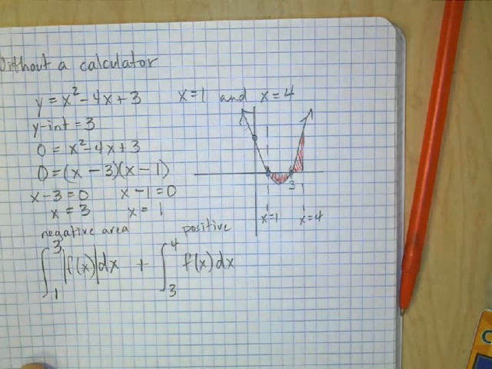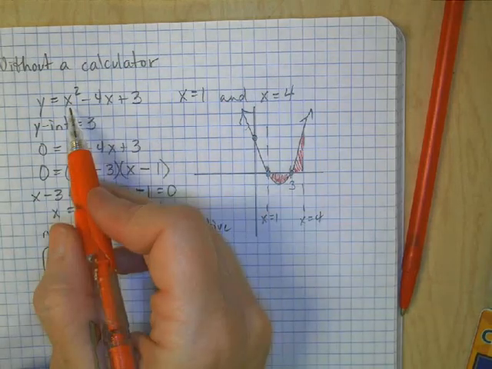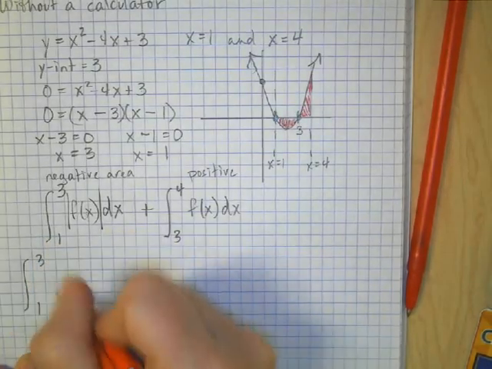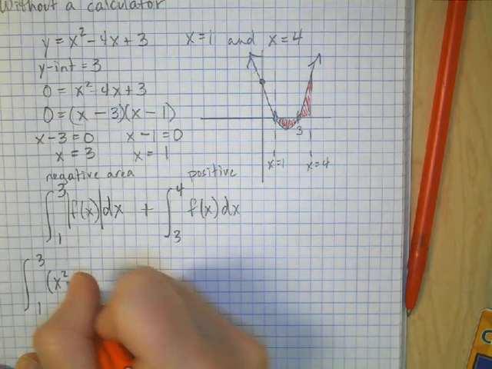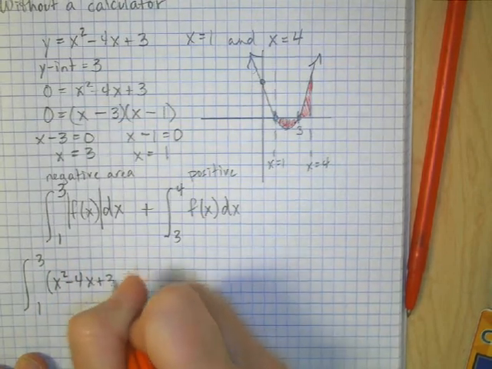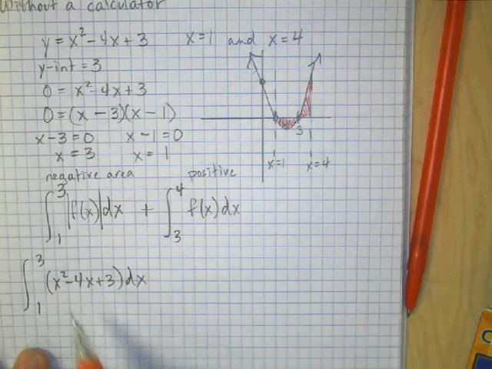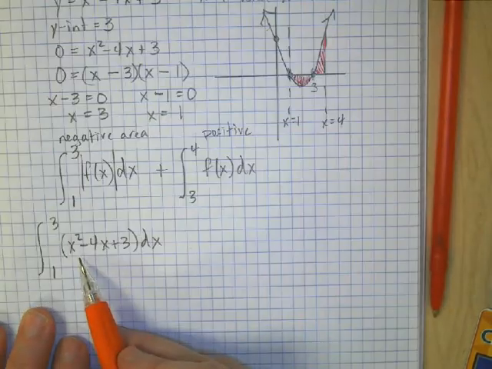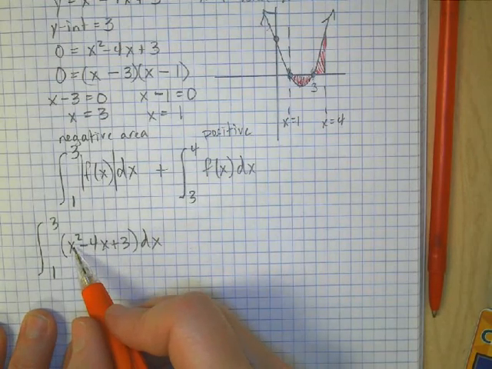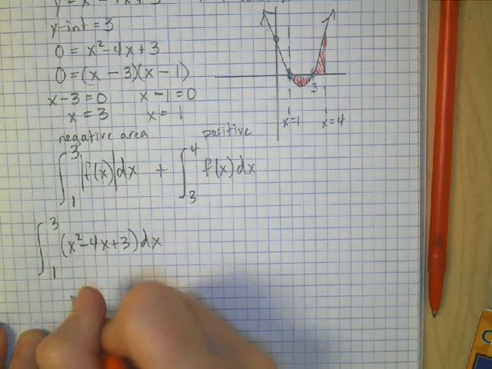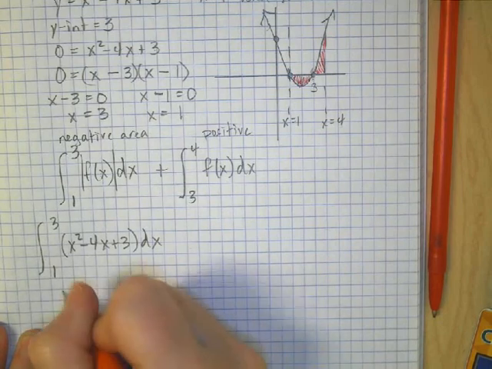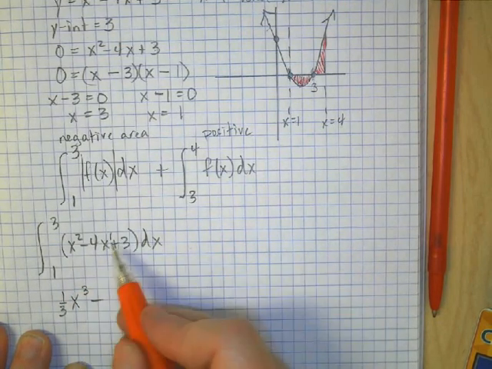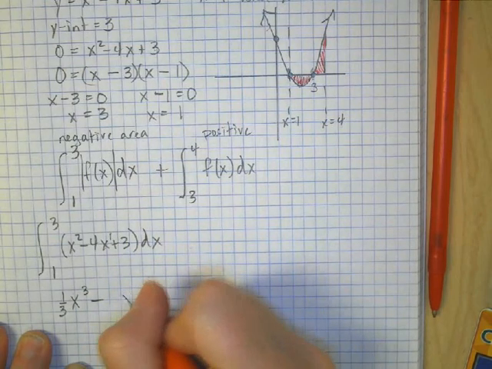All right, so what is my f of x? It's right here. So we're going to integrate these. So 1 to 3. F of x is x squared minus 4x plus 3 dx. And this is pretty straightforward. I don't need any u substitution. I'm just going to use my power rule. So I add 1 to my exponent and multiply by the reciprocal. Same with the next one. Add 1 to my exponent. There's an invisible 1, so that becomes x squared. Keep my 4,